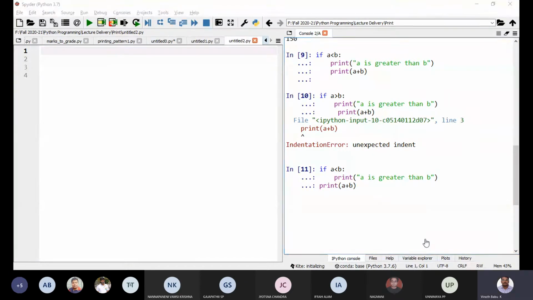Any answer? You can give any answer, whether it will show an indentation error or it will give some output. Do not type and say the answers. Just logically think what could be the output, then give your answers. How many of you say that this will give an error?